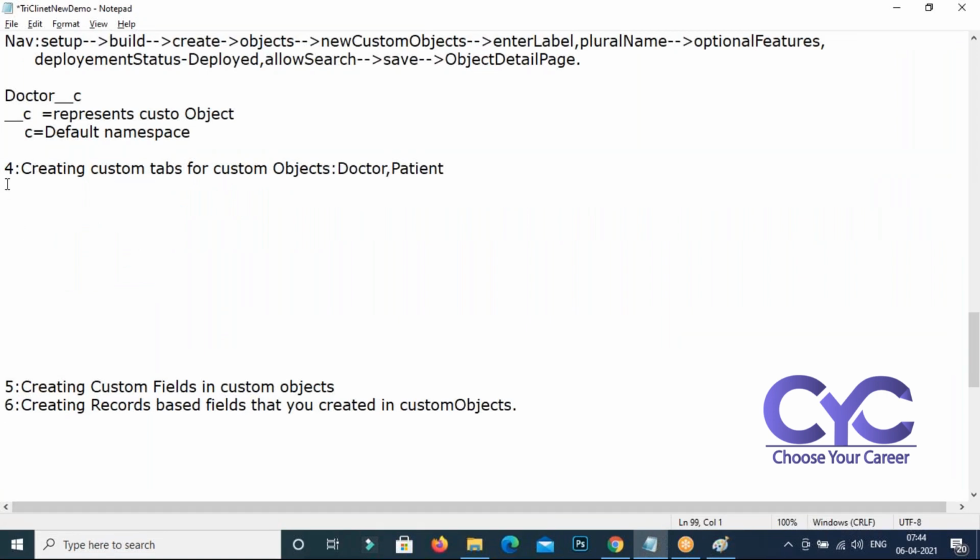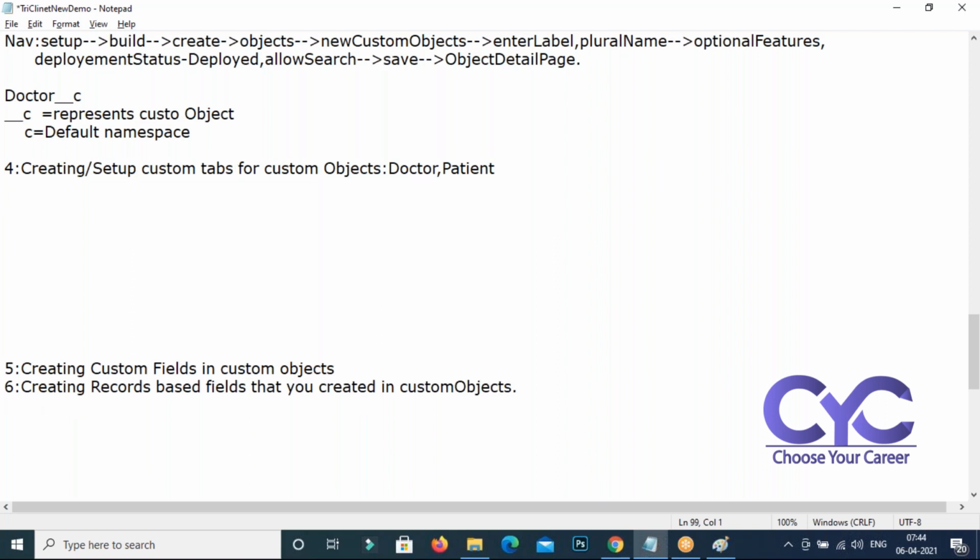Now the next topic is creating a custom tab for our setup. Creating or setup, the correct word is setup. Set up a custom tab for your custom objects. The navigation is: Setup, Build, Create, and then we need to go to Tabs.